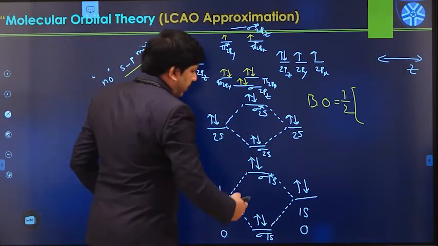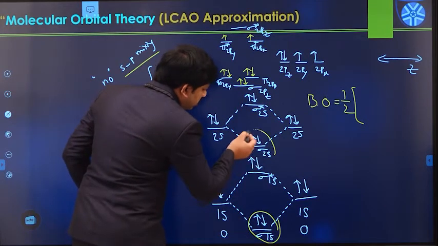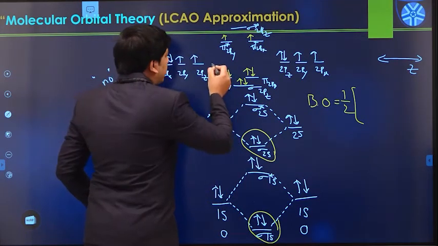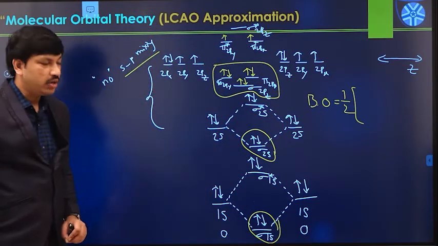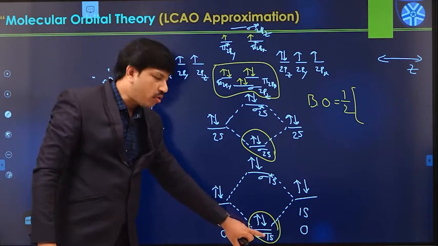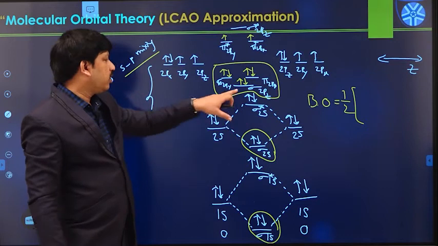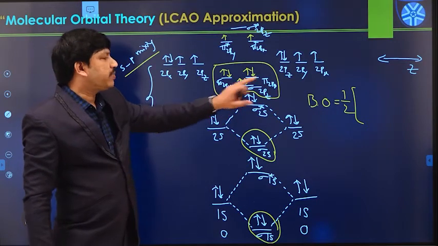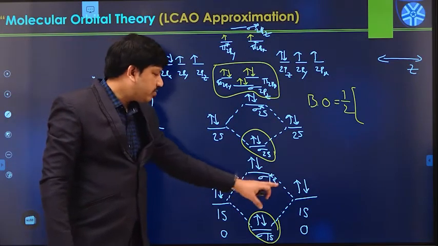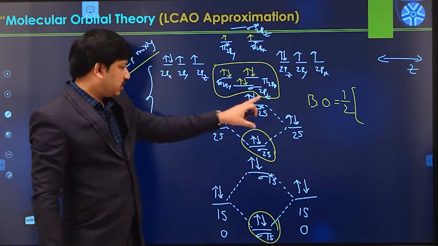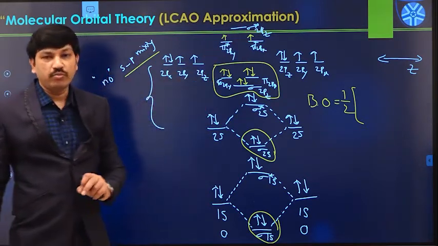So according to this diagram, this is one bonding orbital, and this is another bonding orbital, and these three also are bonding orbitals. Yes or no? Sigma 1s bonding, sigma 2s bonding, and sigma 2pz, pi 2px, pi 2py. All these are bonding orbitals. And what are the other ones? Sigma star 2p is antibonding, sigma star 2s antibonding, and the pi star orbitals are antibonding levels.